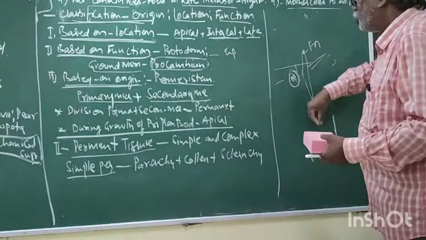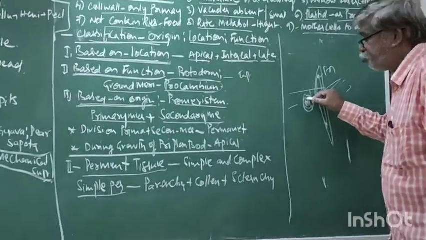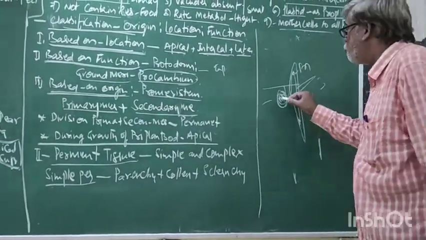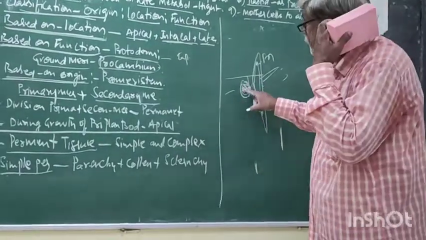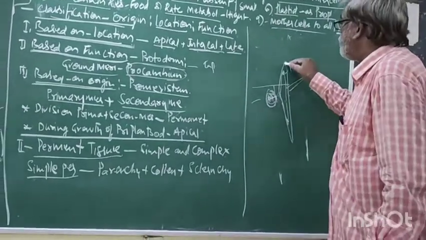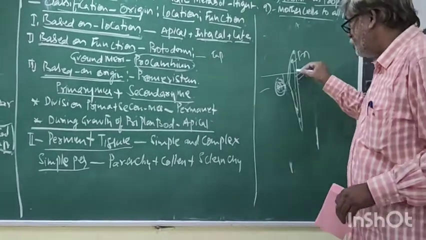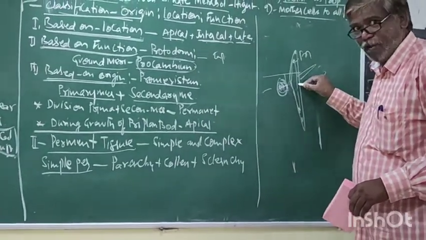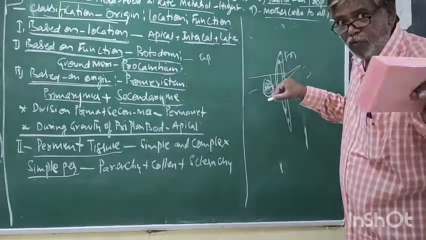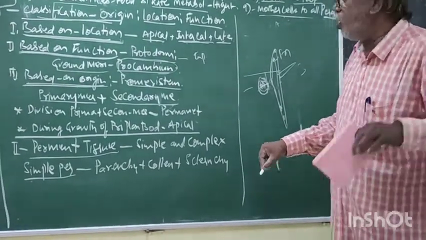When you keep the seed in the soil, the baby plant forms. Some promeristem, not complete, some embryonic meristem remains in the plant body throughout the life. Now, is it the plant or embryo? Plant. But before the plant, it is seed. The seed has meristem. The meristem which is present in the embryo is called